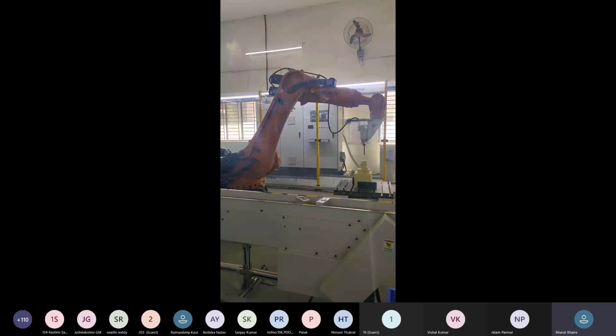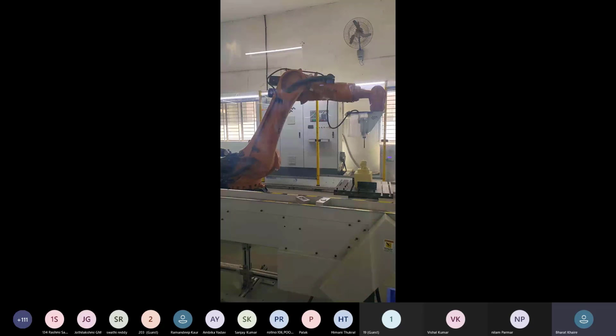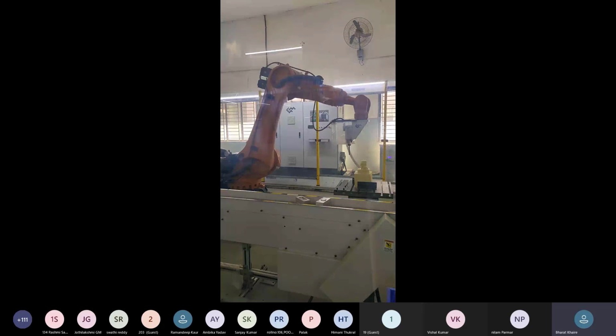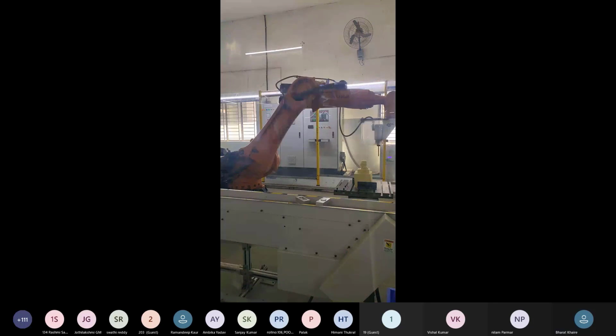We can test the program in T2 mode, and we can run the program in automatic mode. So this program will continue infinitely as long as electricity is given to the robot.